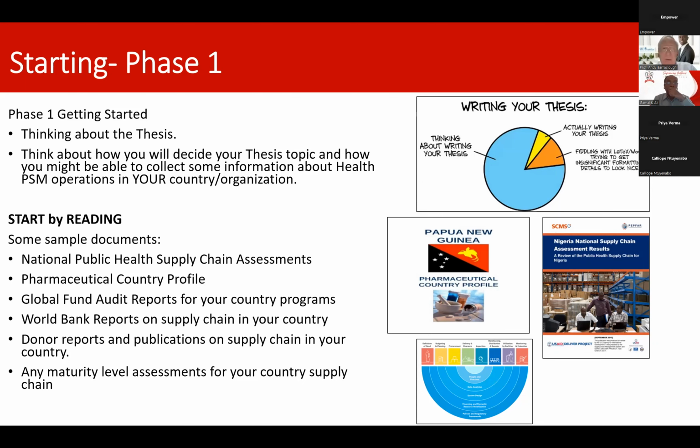So what's the kind of documents you should be looking at in this phase 1? Any national public health supply chain assessments. If your country has a Global Fund grant, it will almost certainly have a pharmaceutical country profile. That will have a lot of information in it. If it's had a USAID grant, it will almost certainly have an assessment. Read those profiles, get the overview of the totality of the public health supply chain operation in your country. You're not going to write about your country, you're going to write about a region or a different country. That's fine. Same research for the country or